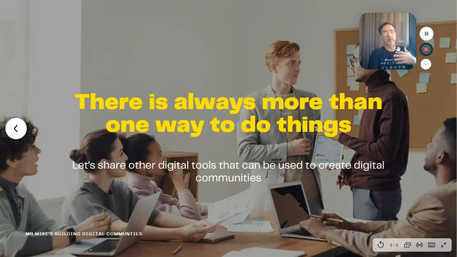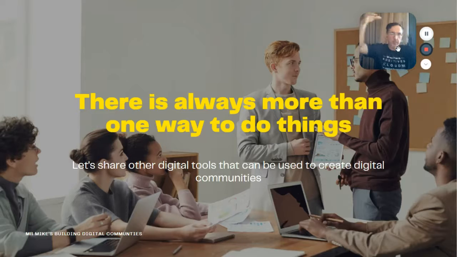That was my system. That was my idea of digital communities and what kind of components you should think about implementing. I did mention a couple of other ways like Google Classroom, Class Dojo, and so forth. Now for the task, I want you guys to go into the Padlet wall and brainstorm together what applications, what tools do you use in your teaching setting? Because there's not just one way to do things.